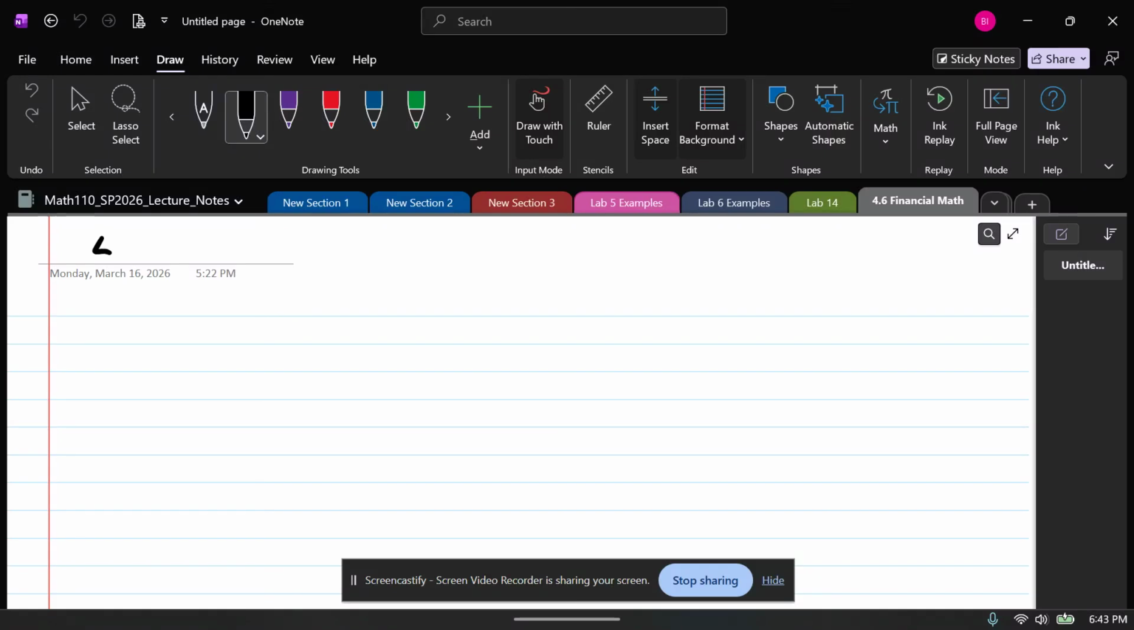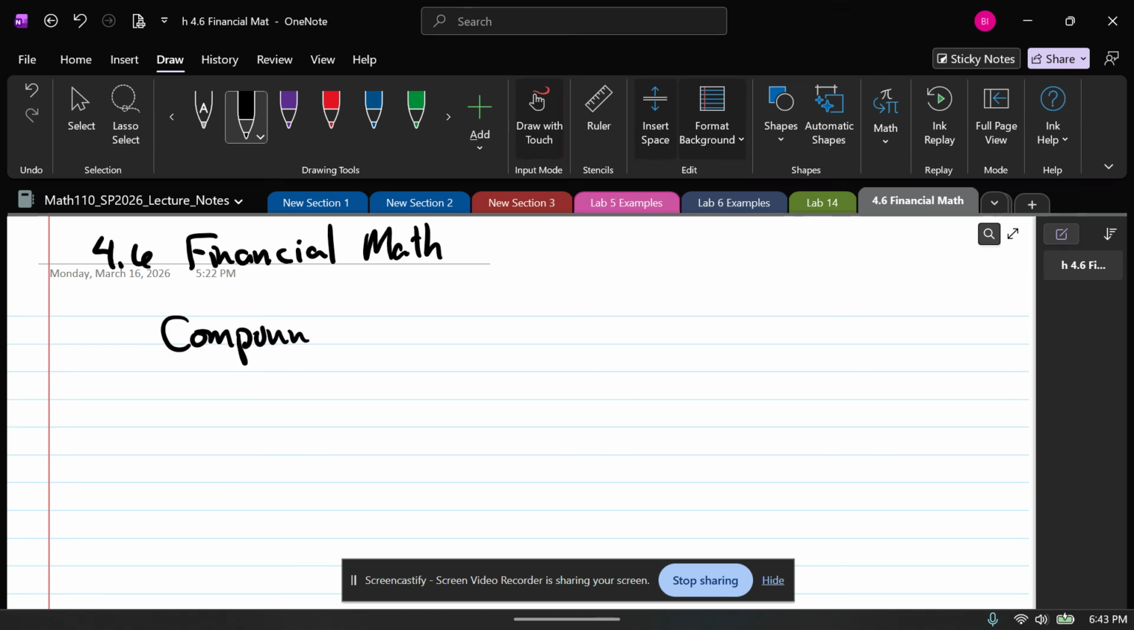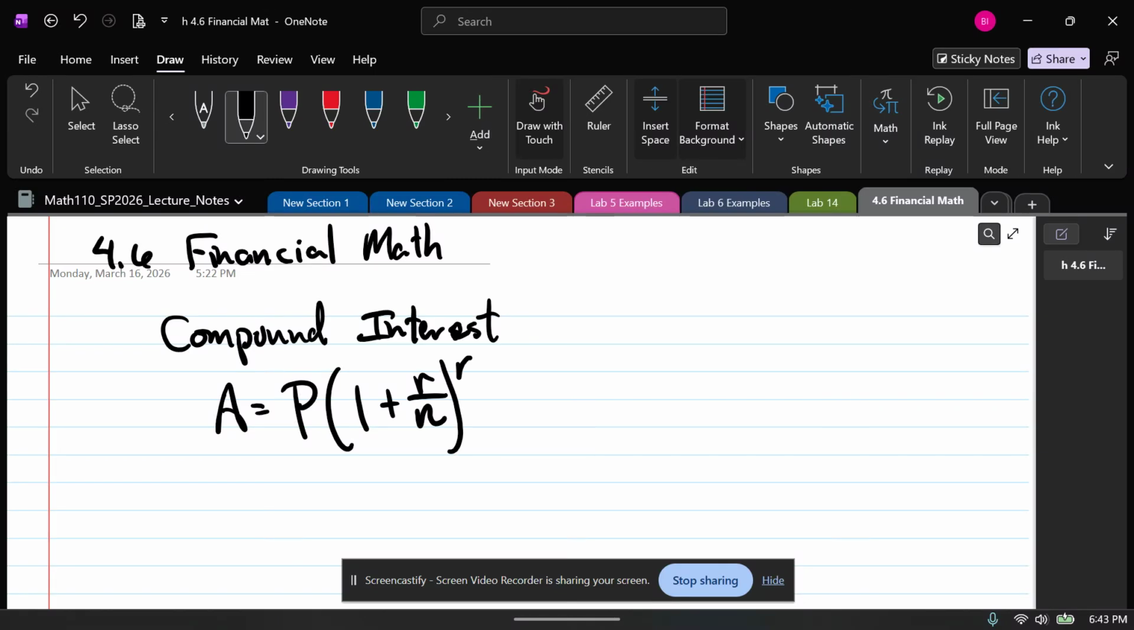So this is financial math, 4.6. Financial math. We did a little bit of this last week. But today we can solve equations and find out how much time we need or different variables. Last week we kind of just plugged in and worked out. Here we're going to actually find out what lengths of time. So compound interest, it has that formula, A equals P times 1 plus R over N to the NT power, where A is